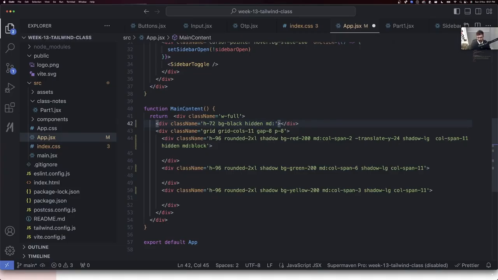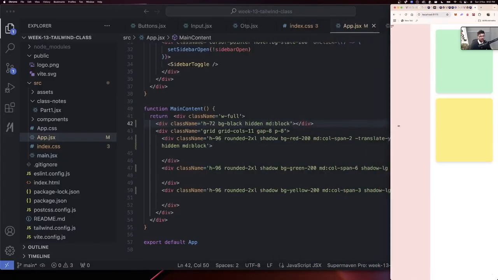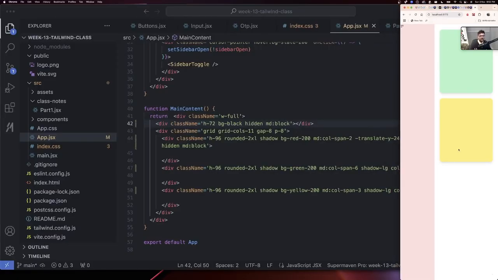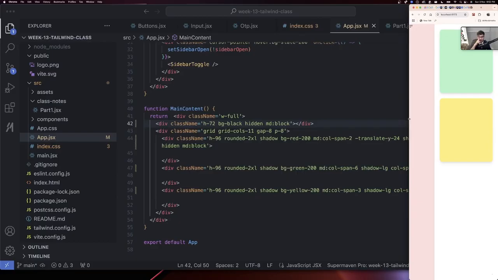So I can also hide this one. By default you will be hidden, and MD के ऊपर you will be visible, which will be through block. So now if I make this smaller, as it approaches mobile, the black bar goes away. You have a simple first and second card to look at. As you make it bigger, you have the card, you have the normal